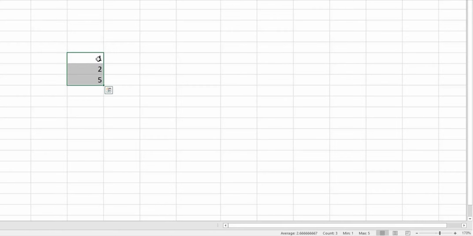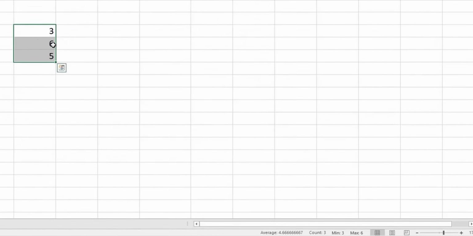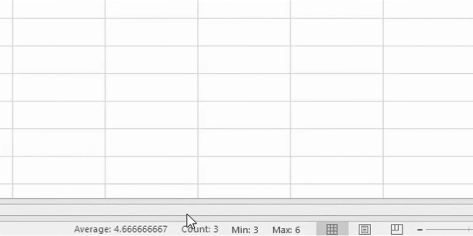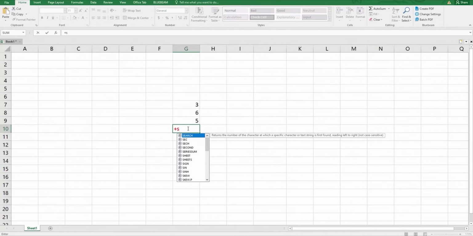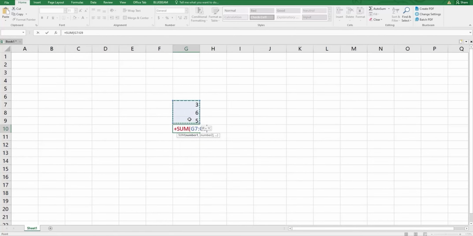average is 2.66. For example, if you want to change to 3, 6, and 5, you select these numbers, then you will see the max is 6, the minimum is 3, and the average is 4.6. How many numbers do we have? 3 numbers. So you can find the numbers instead of writing a sum function, then selecting, for the